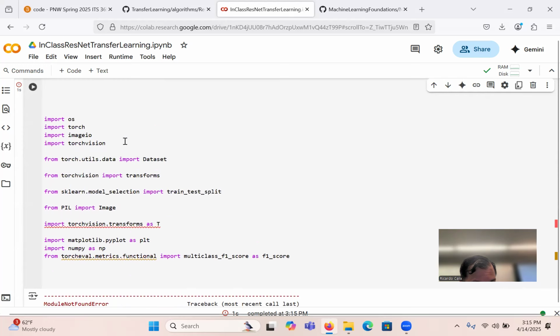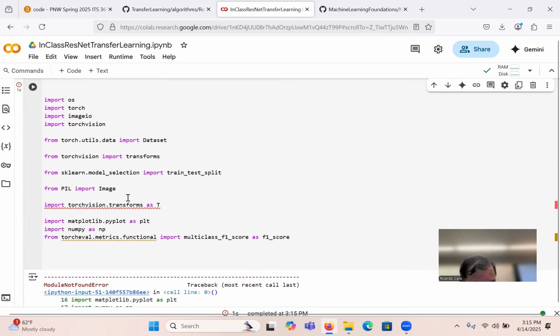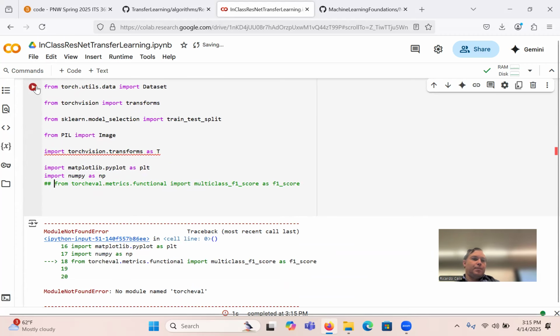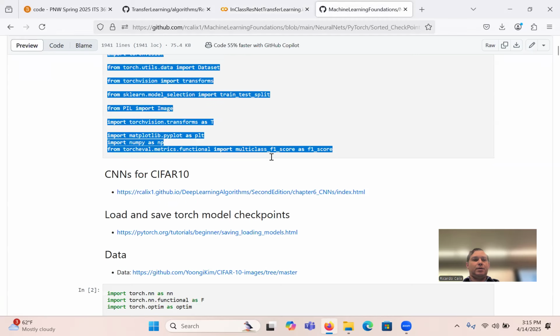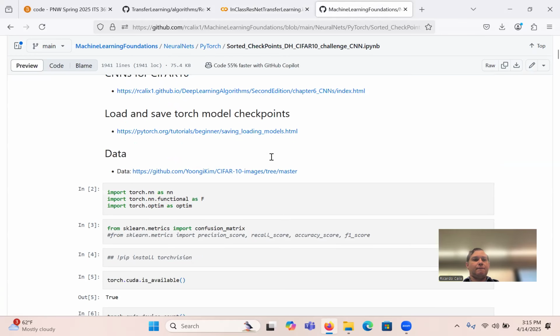Search eval. Gonna comment that out. All right, I gotta print the models. So then we need